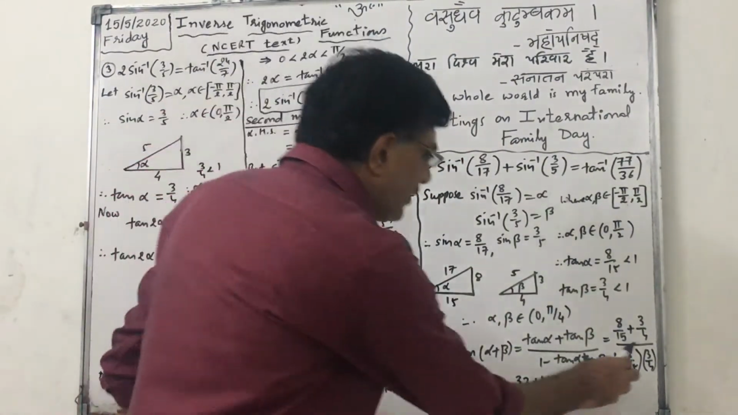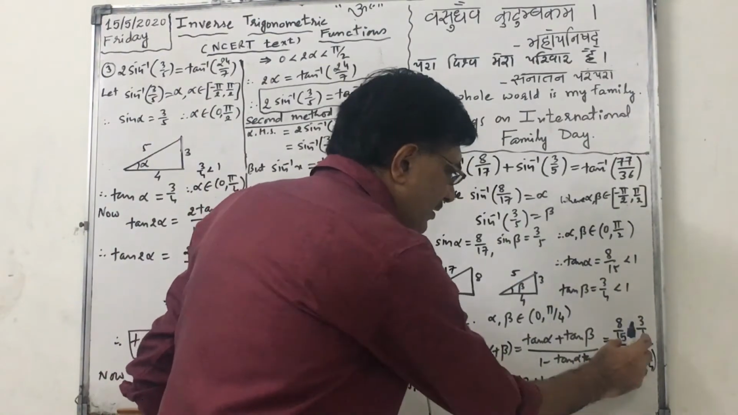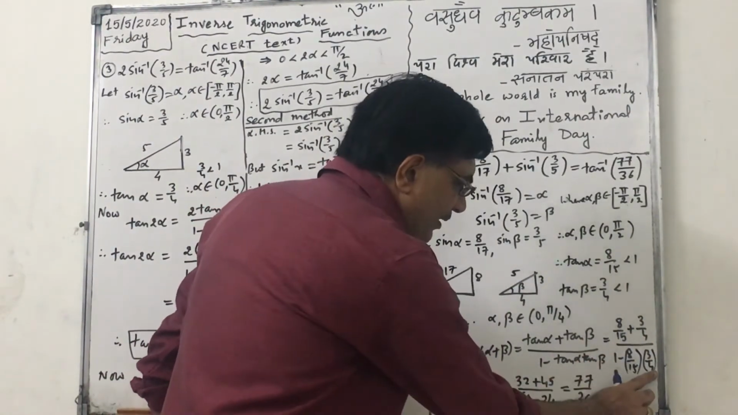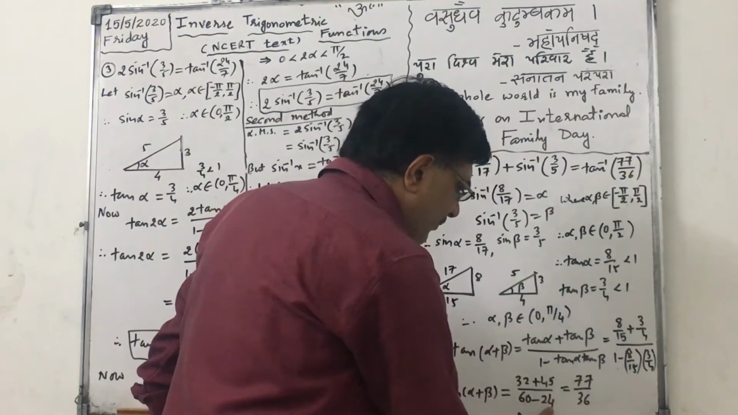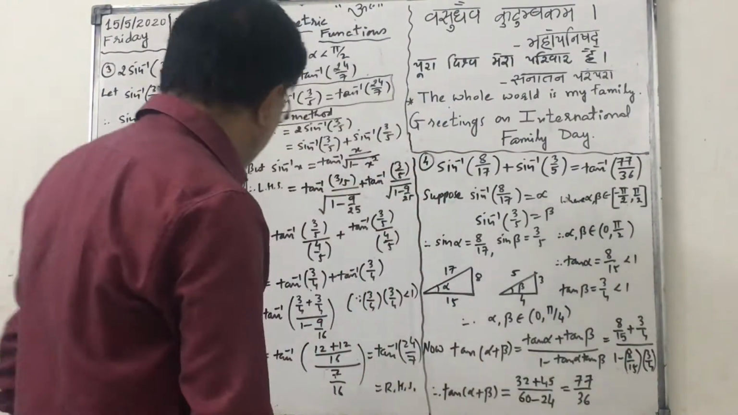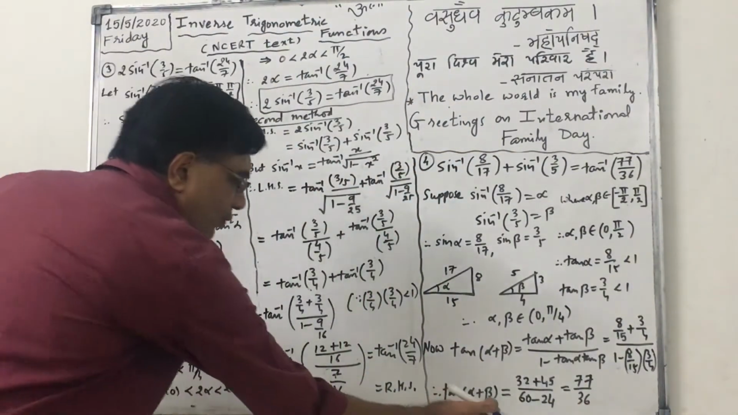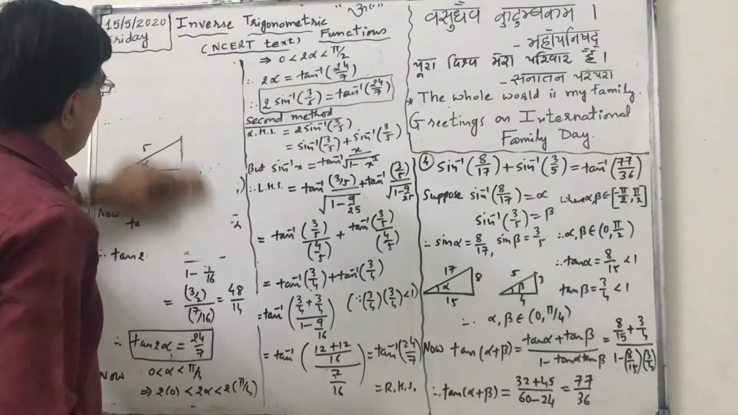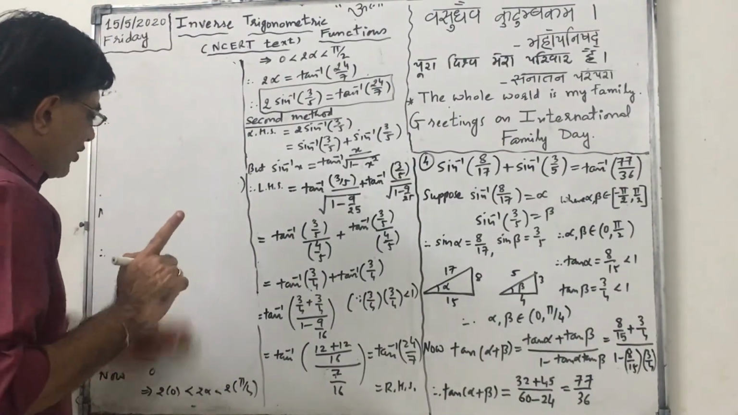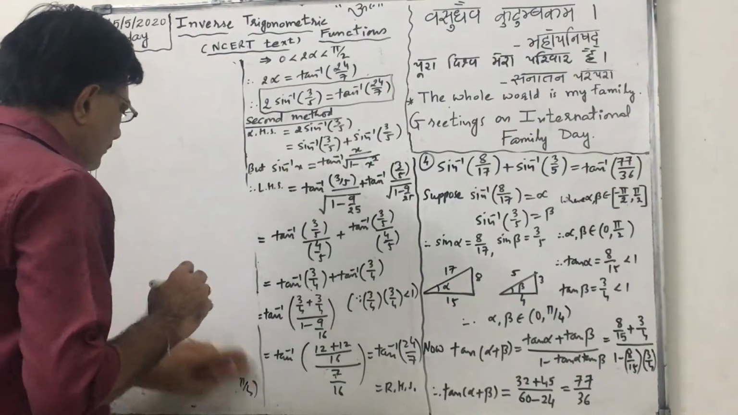So that will be 32 plus 45. This denominator will be cancelled. See, this is 60 minus 24. So finally it is 77 by 36. Now I have to prove that alpha plus beta is in the range of tan inverse. Okay. Now